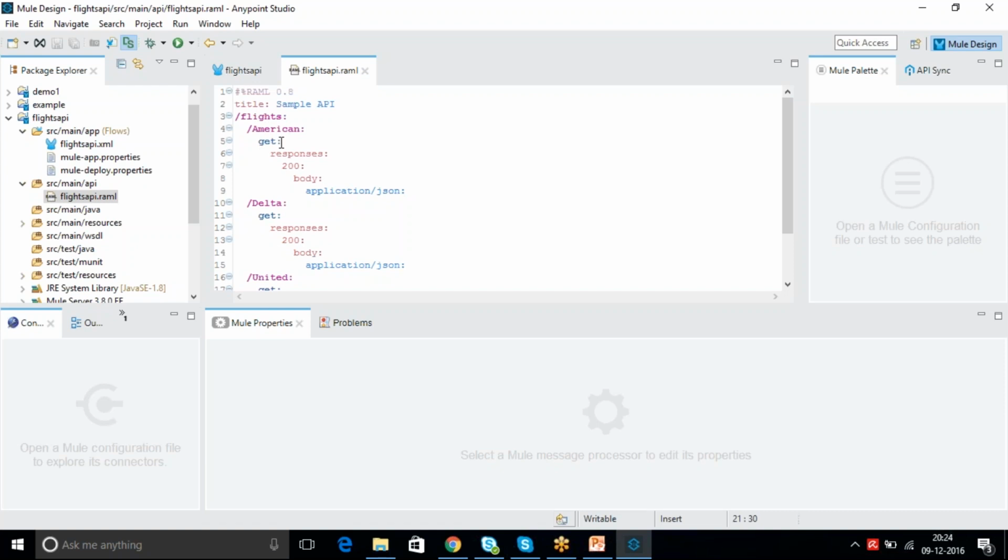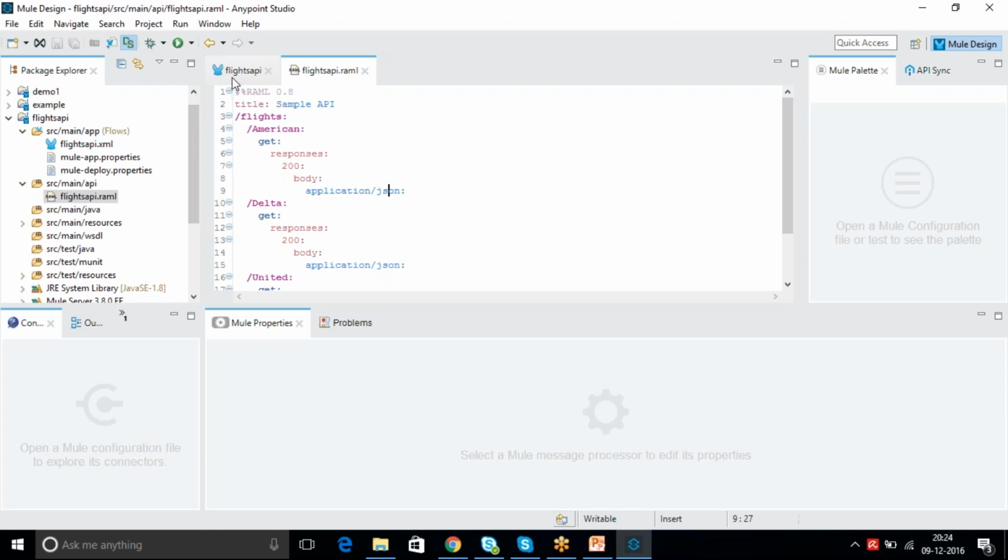So when I perform get operations, I no need to pass any body, no need to pass any request, but I will get a response back. So to hold that response, you need to give some response tag, and then 200 is the status code for success, and body is when you are getting the response back, it will come with some payload. And that payload format, you are saying is application JSON format. Okay, that's it. Your code is done.